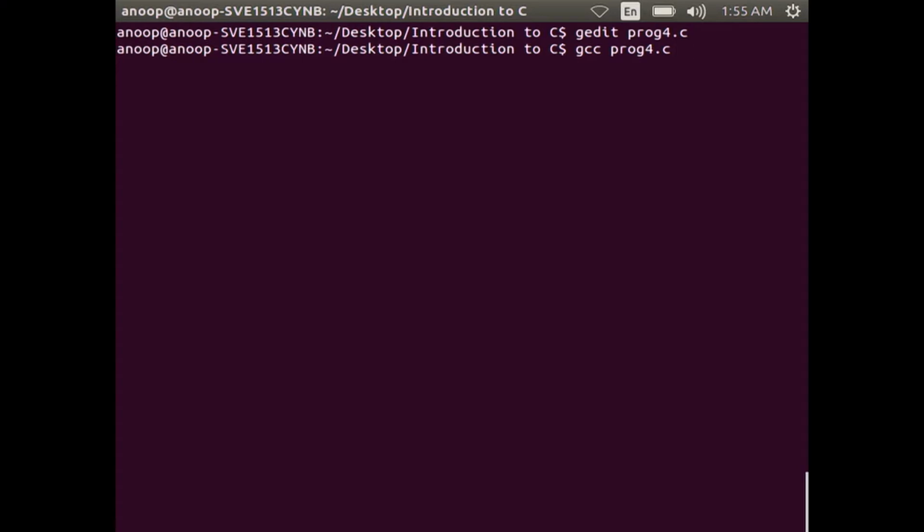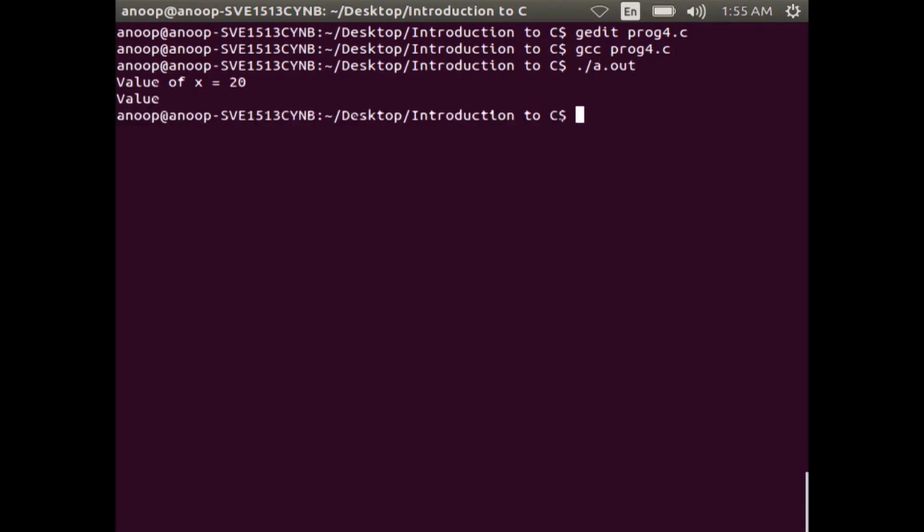Let us now compile this program, and after compilation the output will be value of x is equal to 20.